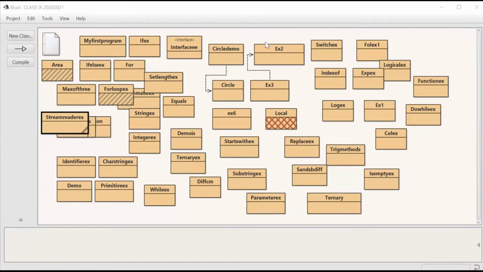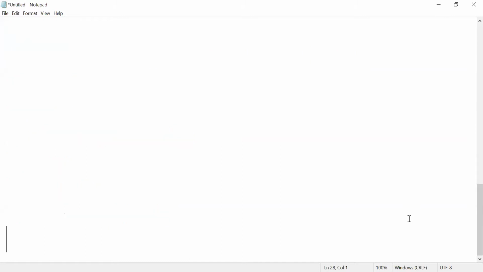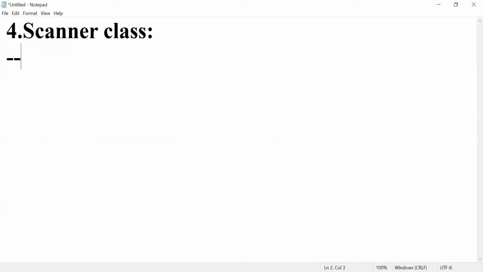That is by using the Scanner class. The fourth type is what? By using the Scanner class. If you want to use the Scanner class inside a program, then we have to import the package, the util package.